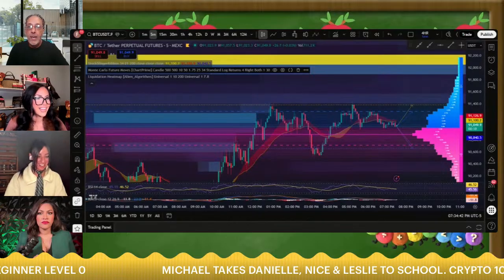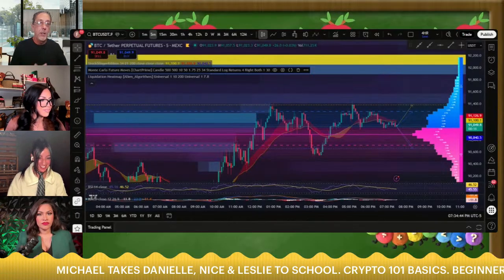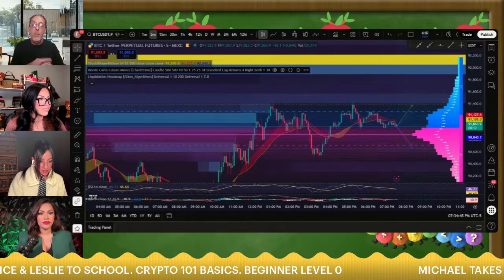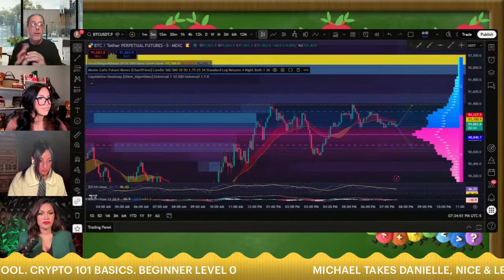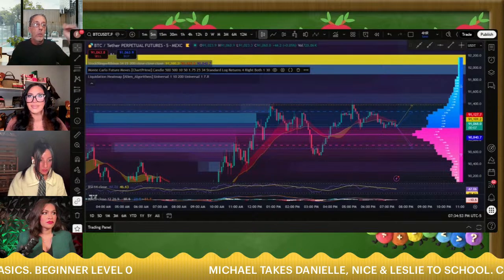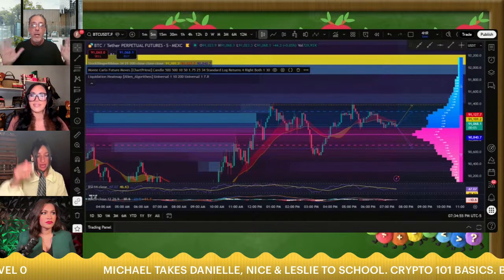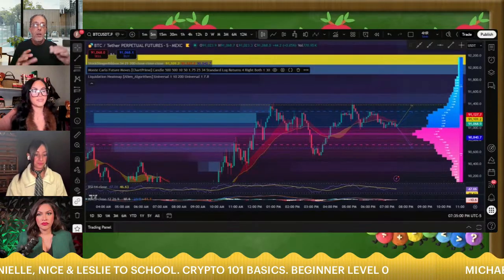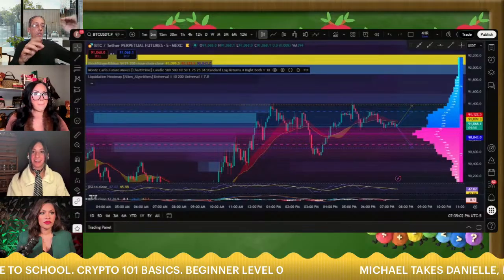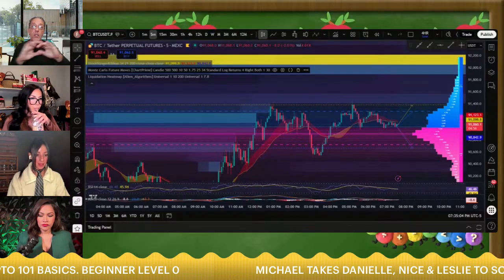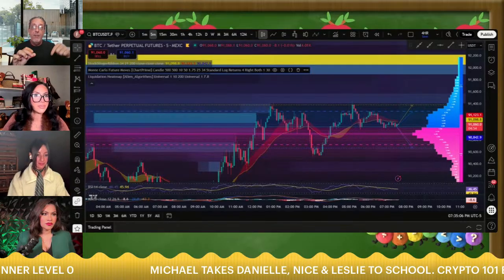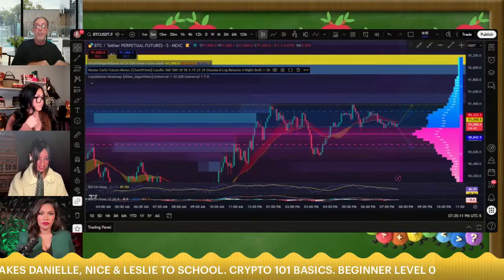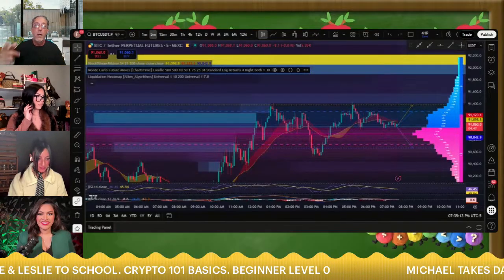So the liquidation heat map, that's where all the liquidities are at, right? When somebody comes up here and they're like, hey, I'm going to set a long position or I'm going to set a short position, and they enter their trade, this is like their liquidation point. So let's just say you opened up a long on Bitcoin, you think it's going to go up. So your liquidation level is going to be to the south of that, because if it comes down, it's going to eliminate you because you told them it was going to go up.